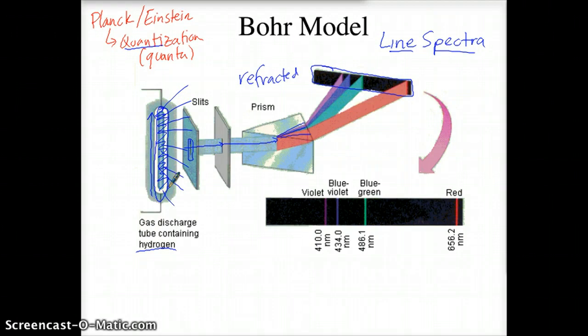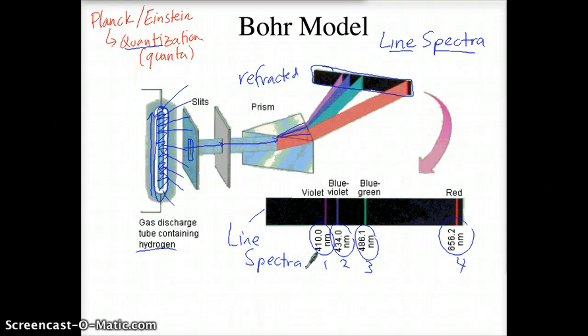So what we see when we do this experiment for hydrogen is we see 4 distinct wavelengths in the visible spectrum. We see a line at 410 nanometers. We see a line at 434 nanometers. We see a line at 486 and one at 656.2. So these are the 4 emission spectra, or what we would say is the line spectra